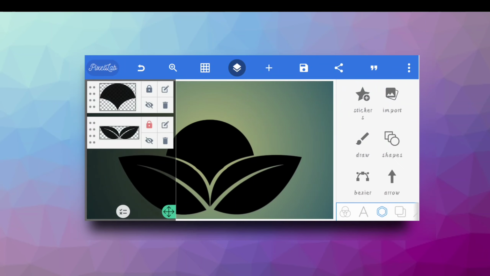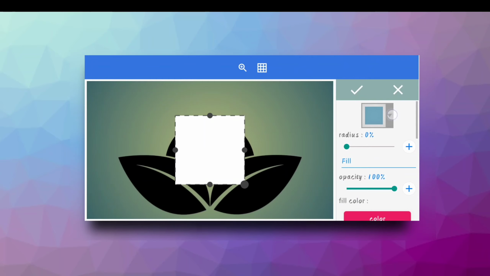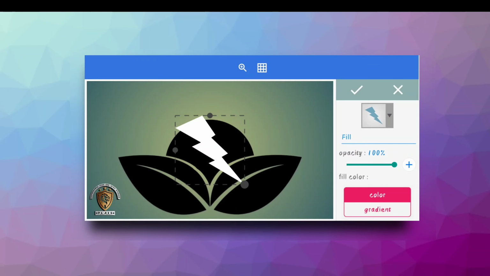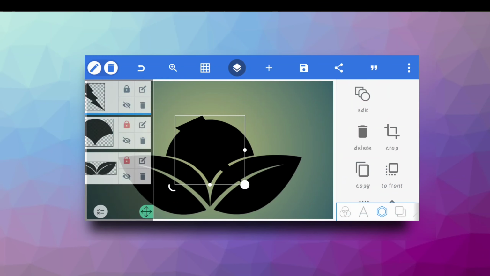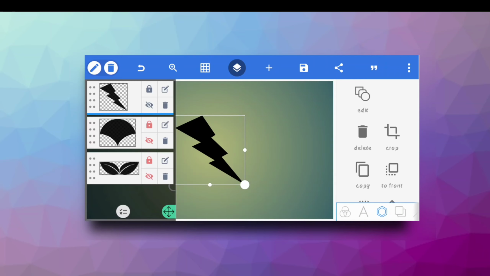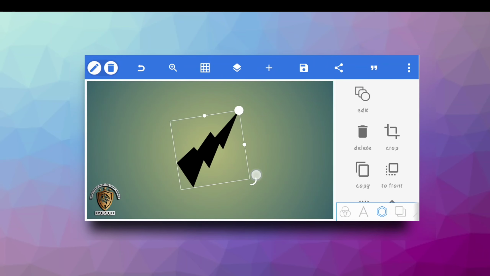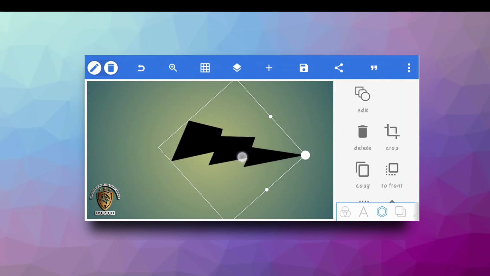So after that, lock them both layer, and then choose this shape. Okay guys, write on black. So actually we do not need to work on the leaf and sun layer, so we will hide them to work easily, clear and easily. So as we have hidden it, so after that